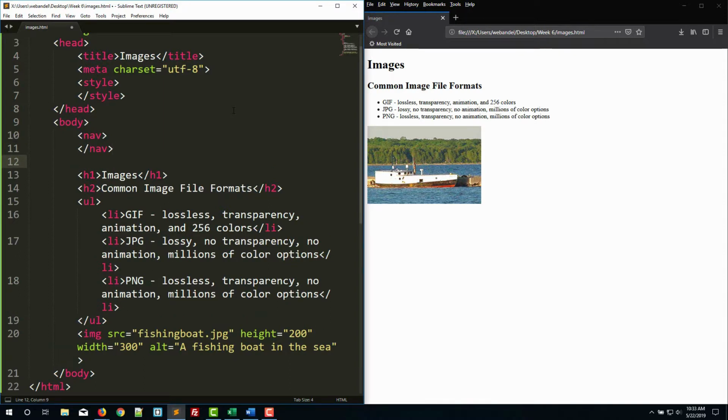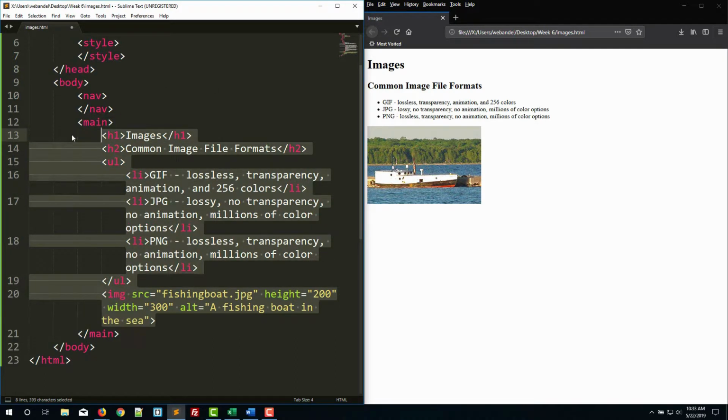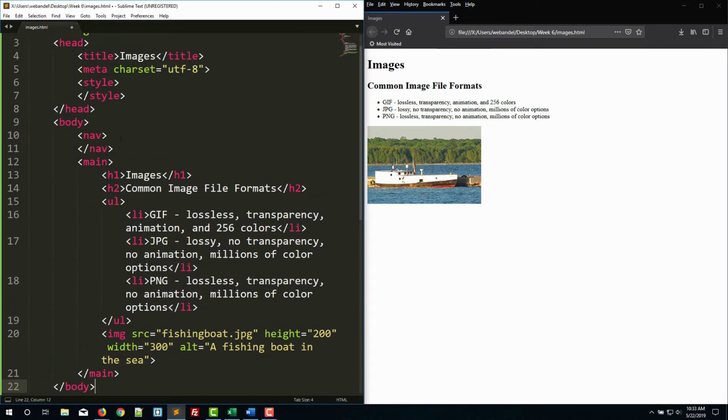And then since all of this is going to be lower down, we'll put it in the main section. I'm going to indent this for the sake of knowing what's contained inside of what. So for our nav, we want to have